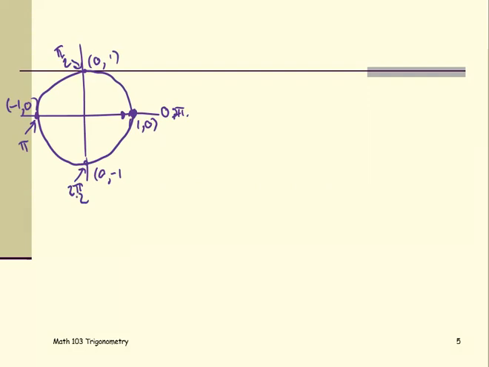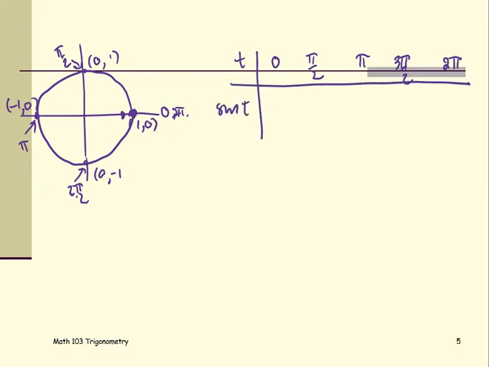So we look at 5 key points. What are those 5 key points? When an angle t is 0, pi over 2, pi, 3 pi over 2, and back to 2 pi to finish one cycle, the sine of t is 0, 1, 0, negative 1, and back to 0. So as we go in the counterclockwise orientation, at pi over 2 the sine is 1, and at pi the sine is 0, then negative 1, and 0. So these are called the 5 key points